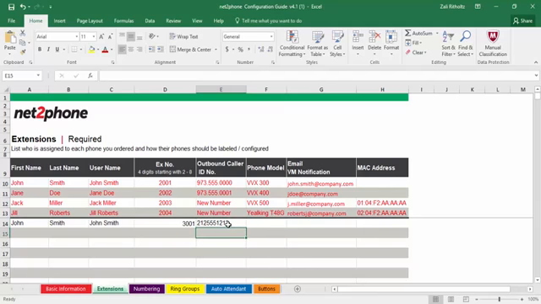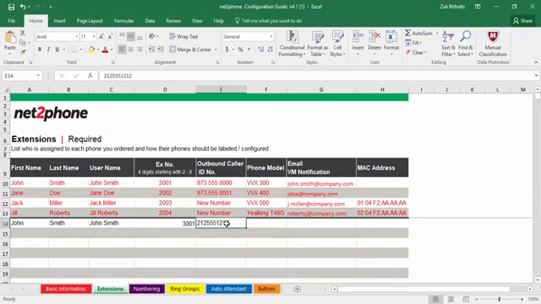Now I'm putting in a fake number. Obviously, it has to be a number that you own. You're going to actually put in a number if you're porting over numbers. So you'll put in one of the numbers that you're porting over that you want John Smith to use. If you're getting new numbers from net2phone, then you could type in new number, and we'll assign your caller ID to the new number once that new number is assigned. So if you're porting a number and you know the number you want the caller ID to be when making an outbound call from John Smith, you go ahead and put that in. If you're getting new numbers from net2phone, you go ahead and type in just new number, and we'll assign the